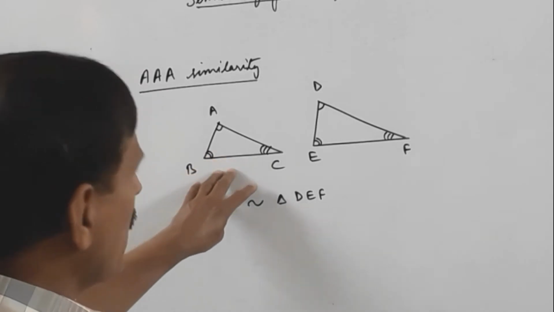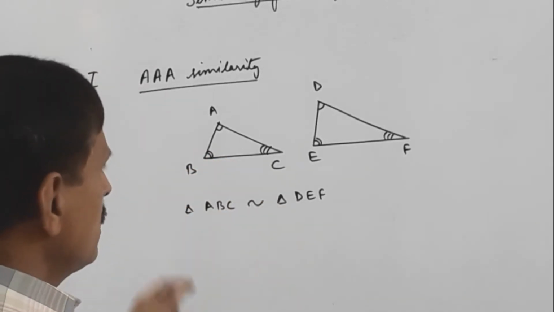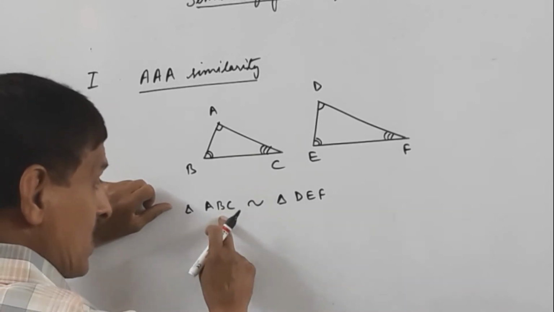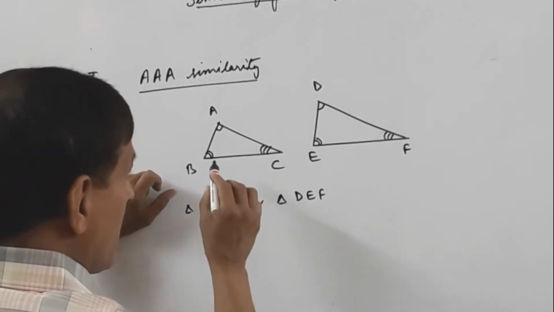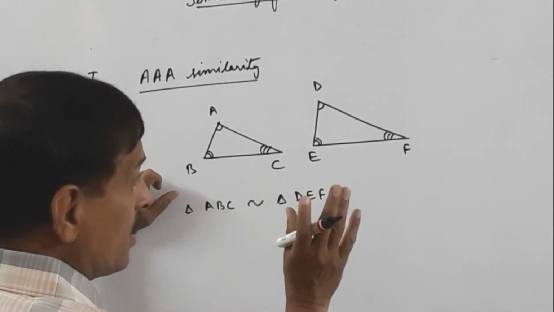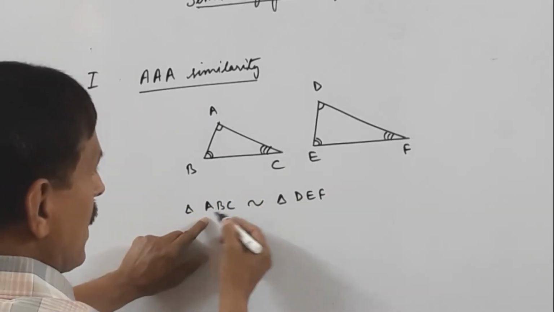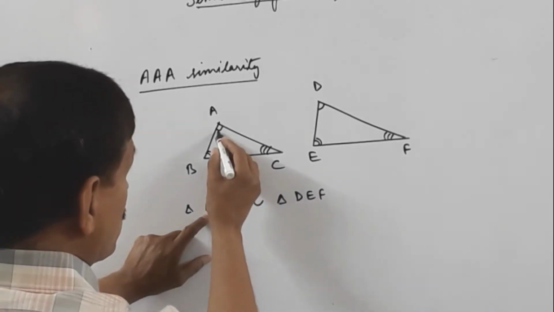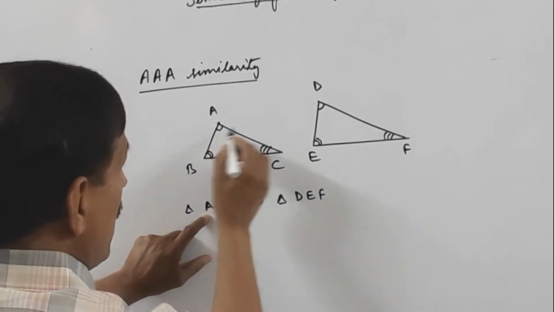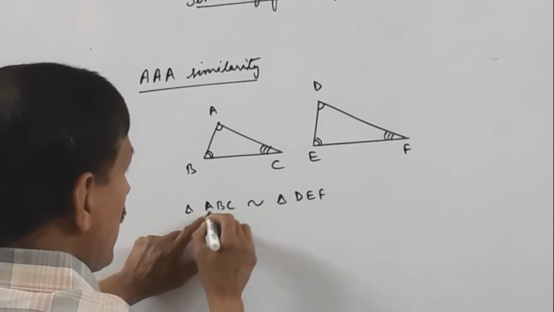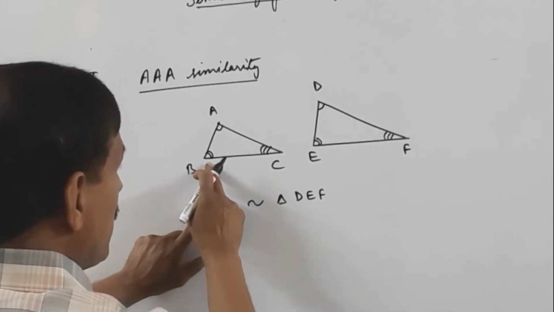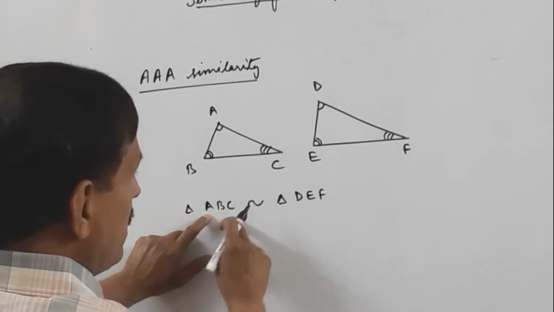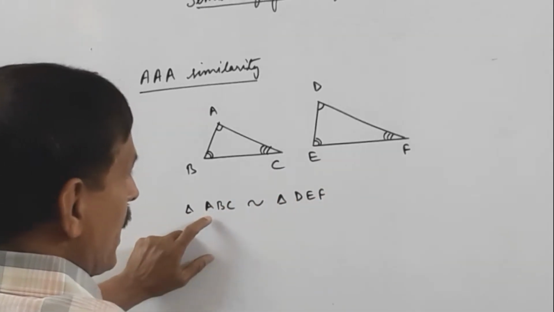Care should be taken while naming the triangles. We can name one triangle like anything, but second triangle must be named according to first one, so that the angles which are equal are in the corresponding places. Angle A and angle D are equal. Okay? So because A and D are equal, so A and D in the first place, B in the middle equals to angle E, C in the end equals to F in the end.